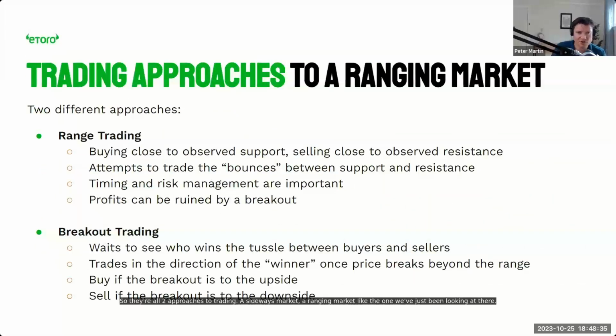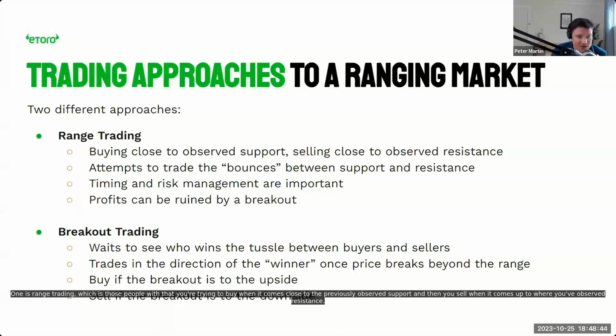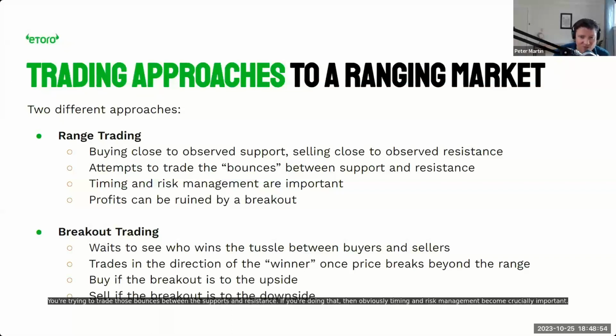So there are two approaches to trading a sideways market, a ranging market like the one we've just been looking at there. One is range trading, where you're trying to buy when it comes close to the previously observed support, and then you sell when it comes up to where you've observed resistance. You're trying to trade those bounces between the support and resistance. If you're doing that, then obviously timing and risk management become crucially important, because